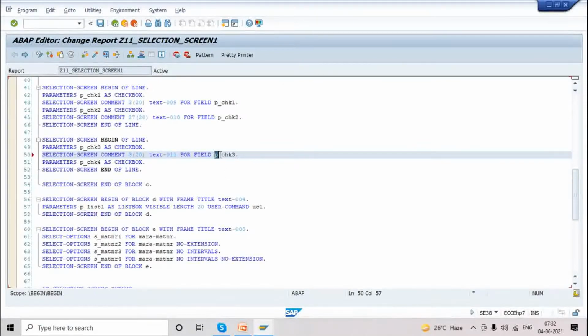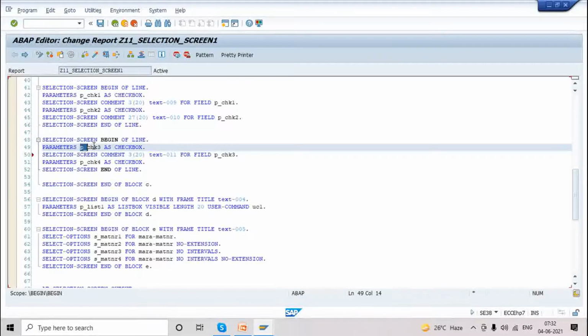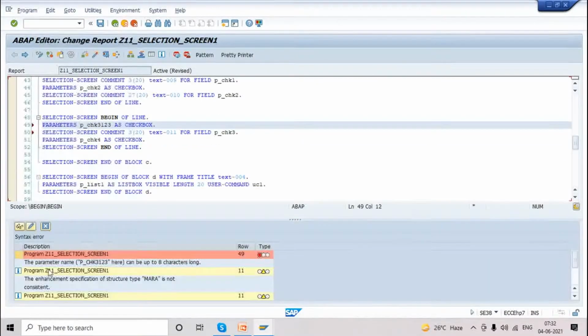11, and here it is 3. There you go. This is the selection screen variable. See here it is p underscore 2. Next check 5, total 6 characters. Now I'm adding 1 2 3. See, whenever I'm checking, you can see the parameter name can be up to 8 characters long. Just put it back.